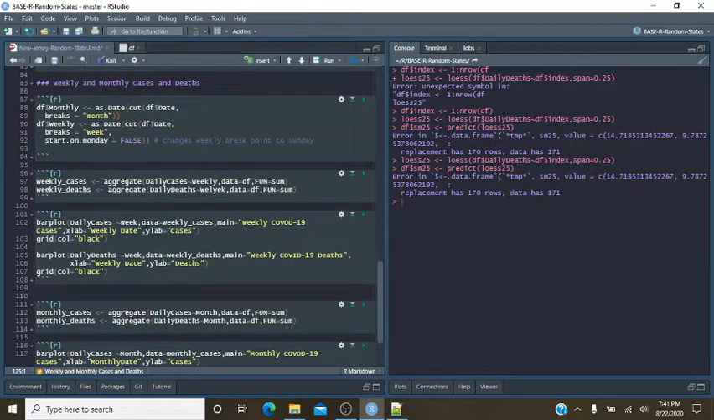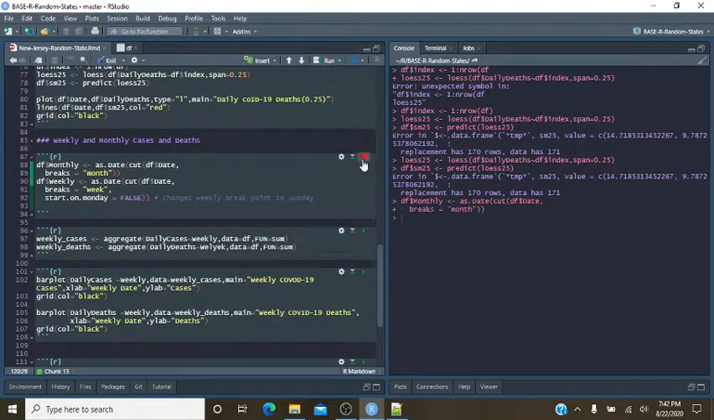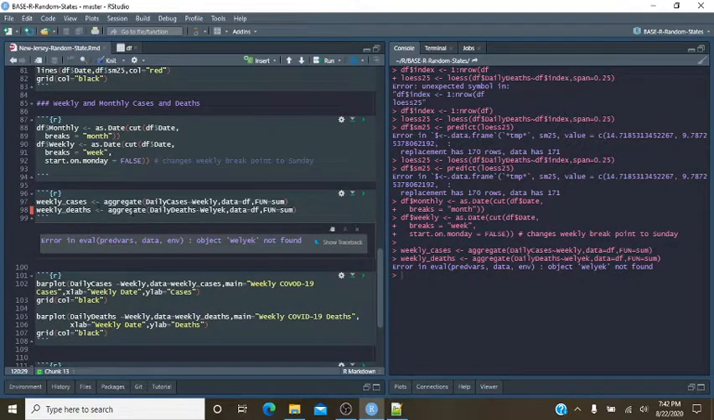The only thing we have to do is change this to weekly, this to weekly, this to monthly, this to monthly, this to monthly. See how this runs? Run two